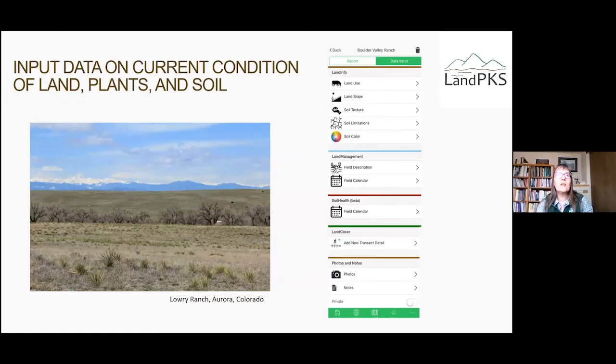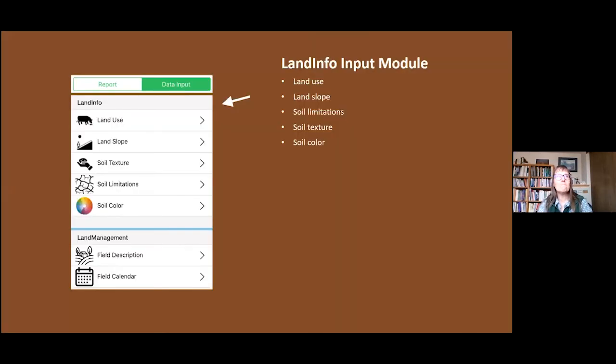So with monitoring, it's important to think about those input modules on LandPKS. And here's just a snapshot of what those look like. And today we're going to cover the LandCover part of the equation. First, let me focus on LandInfo. And this is what we covered last week. So if you want to look in greater detail,